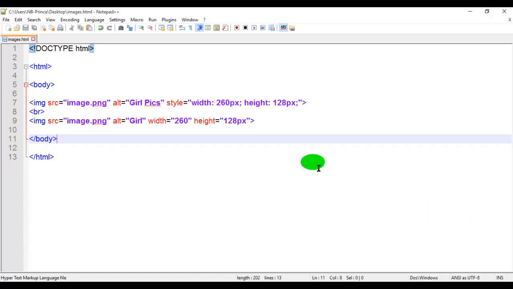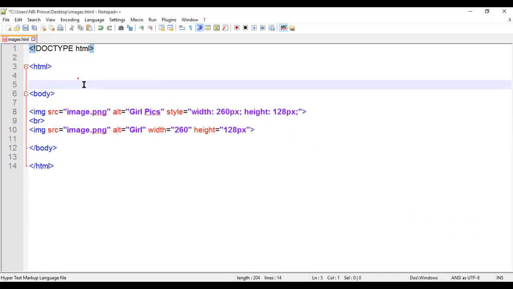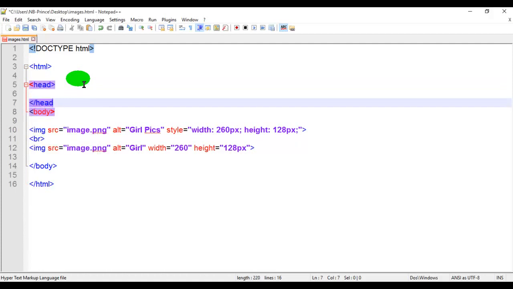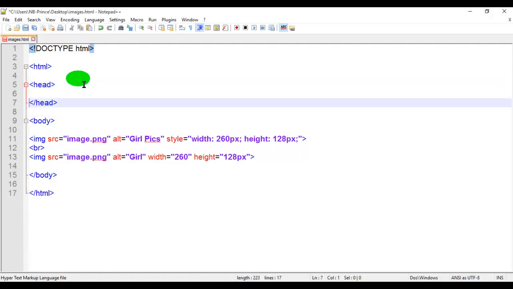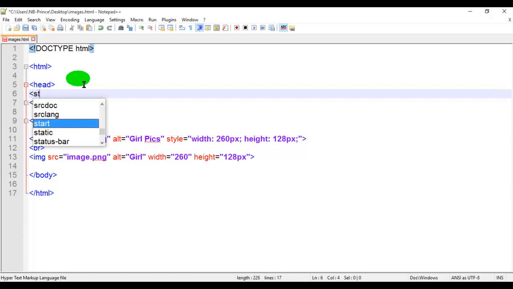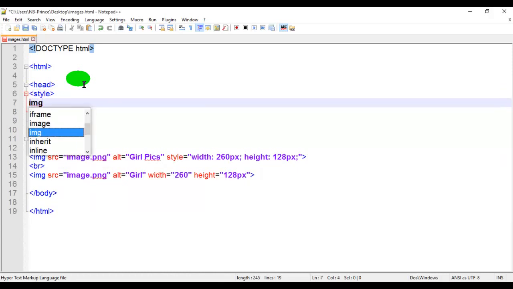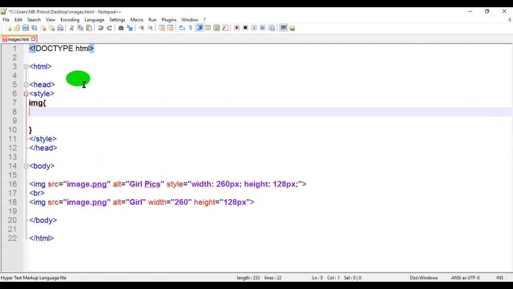So let's say I define a style in the head section, and here I will define a style for image, let's say its width is 100%.